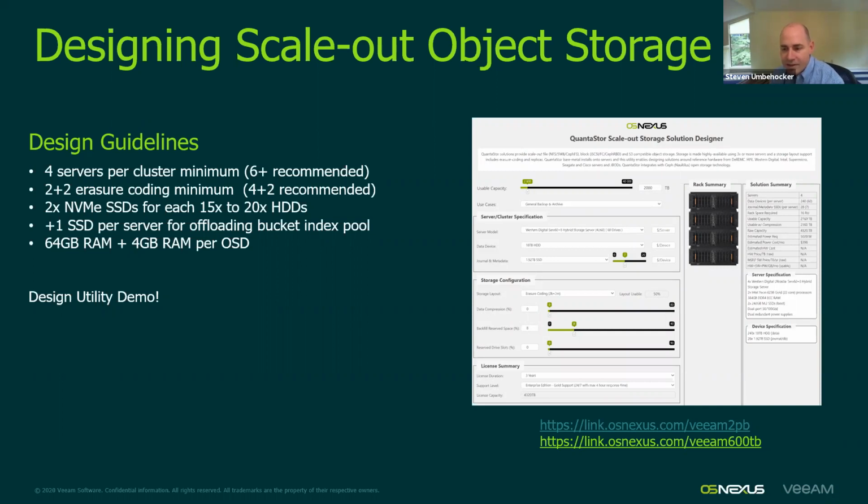And then the other thing to keep in mind is the number of SSDs that you'll want to add to the configuration. In general, you'll want 2 SSDs for every 15 to 20 hard drives. So if you have a 60-bay unit, like we're showing in the diagram on the right, those are Western Digital 60-bay servers, you would want somewhere in the neighborhood of around 6 SSDs, 2 SSDs for every 20 drives, or you could do 2 SSDs for every 15 drives and put 8 SSDs in there. So you'd want 6 to 8